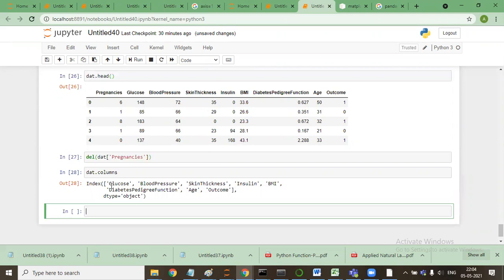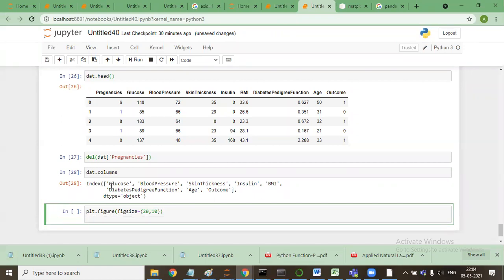So now I'll say plt dot figure, figsize is equal to say 20 by 10, whatever figsize I can take. I'll say enter. I'll say for i in range.